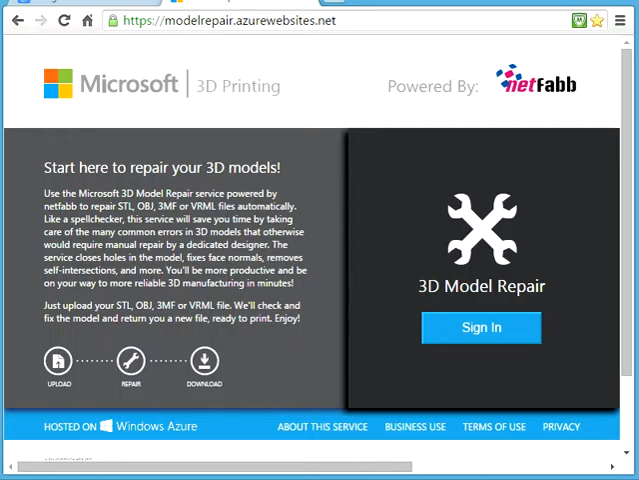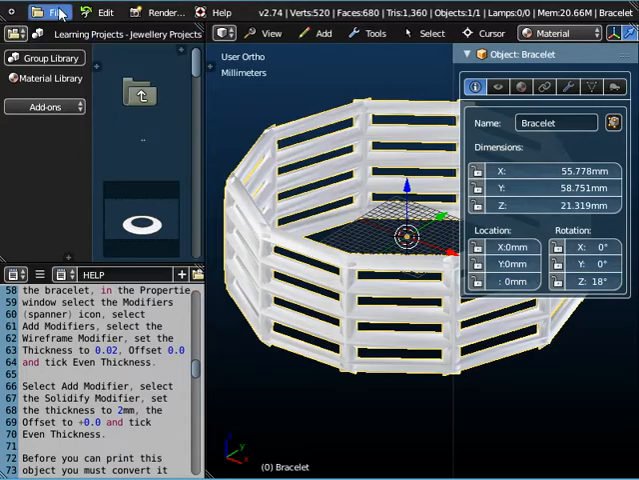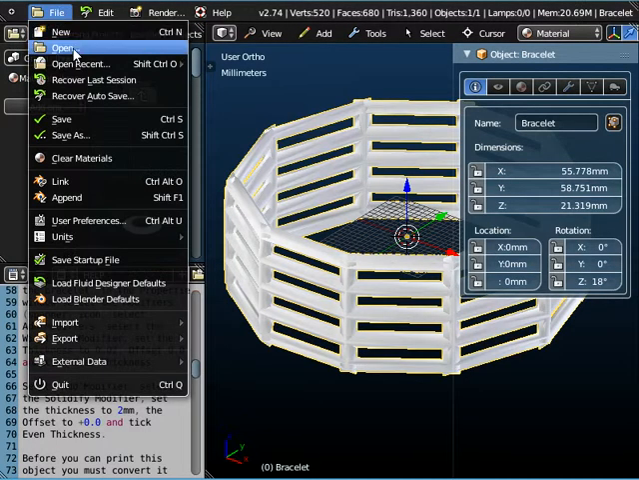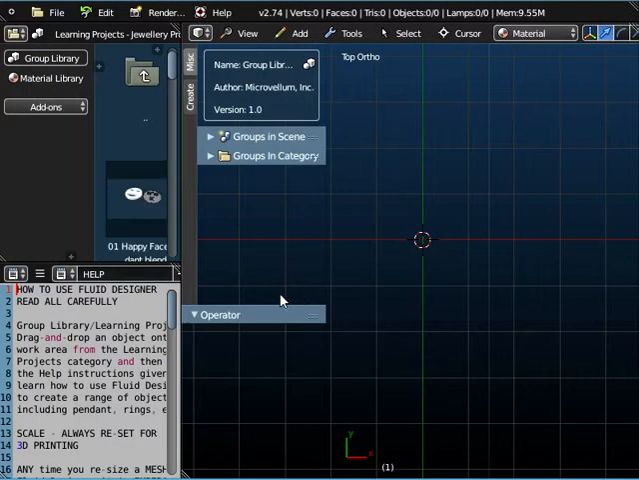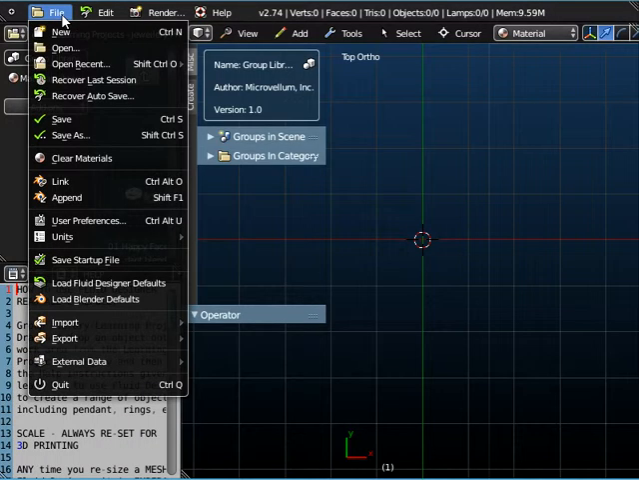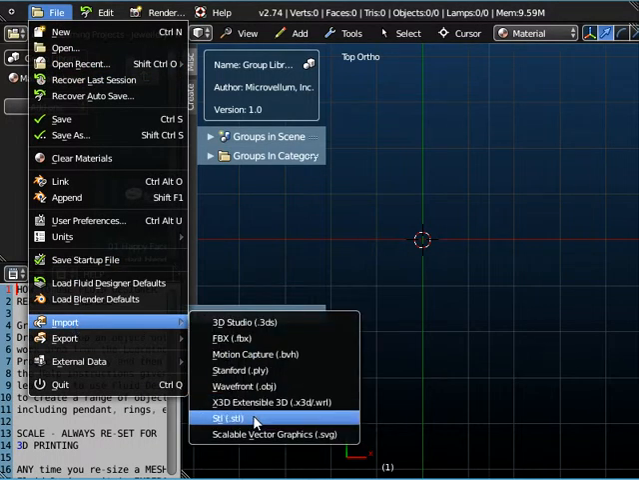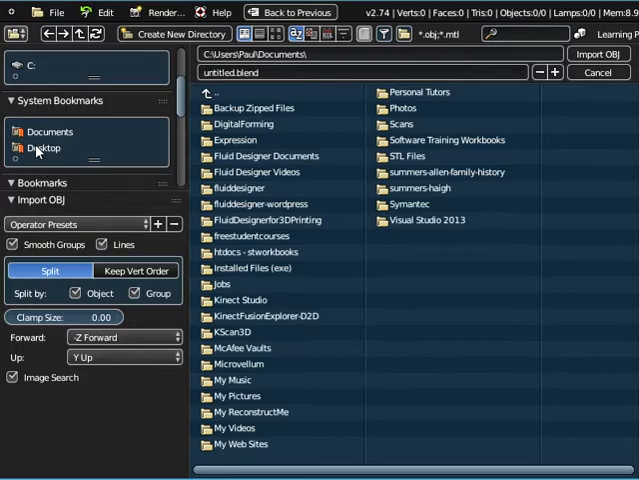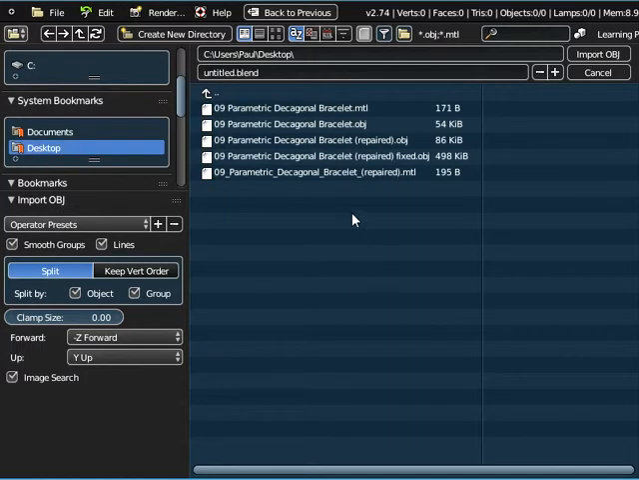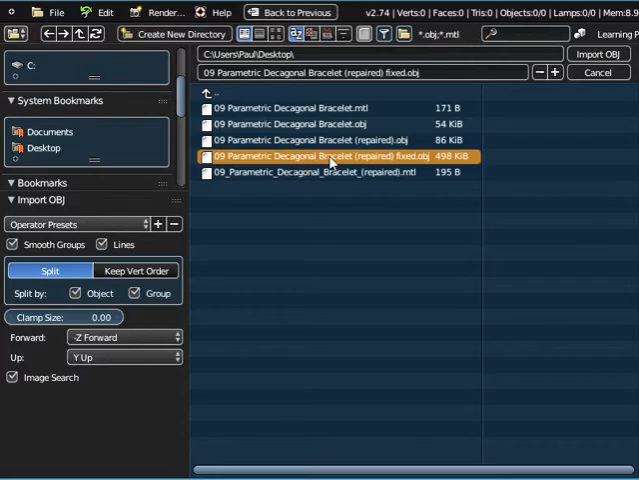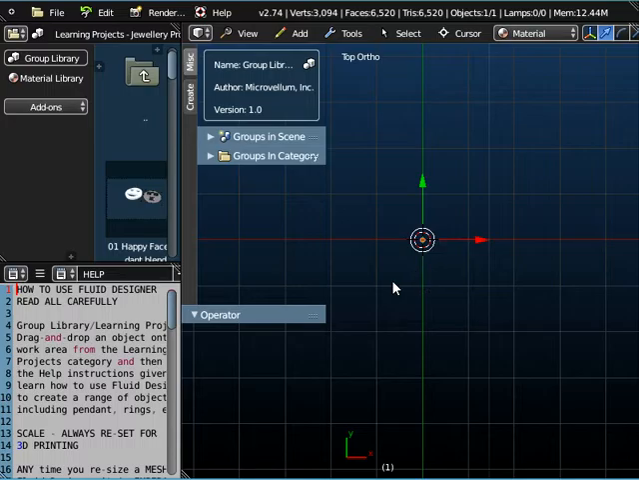Now I did this earlier, and so if I just go to File and New in FluidDesigner, and if I go to File and Import a Wavefront object from the desktop, I'm going to import this file, and it's 09 Parametric Decagonal Bracelet. It was repaired by Netfab Basic, and then it was fixed by Netfab Cloud. And if I import that object,